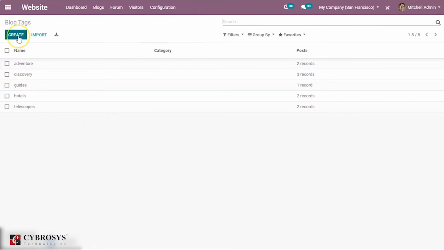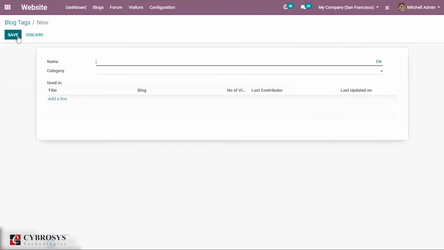Now let's look at the new one. So you can click on create, and here you can provide the name of the tag that you want. Suppose I'm providing the name as test, and here you can mention the category. So you can also create a category for your tag. Right now I'm not providing any kind of tag, and under here you have an option that is used